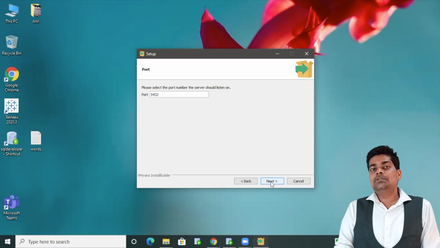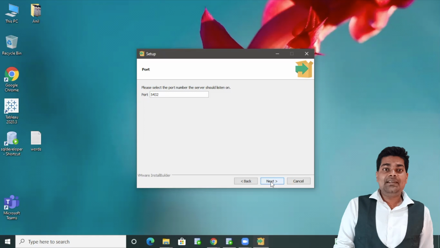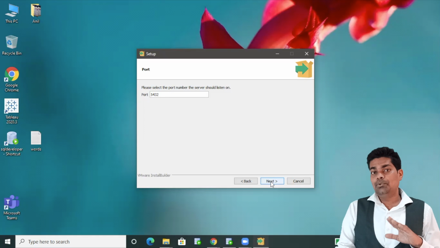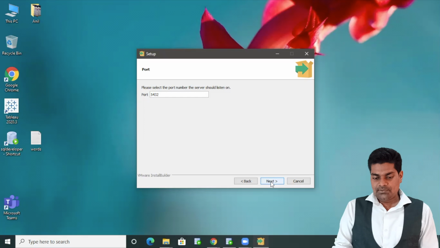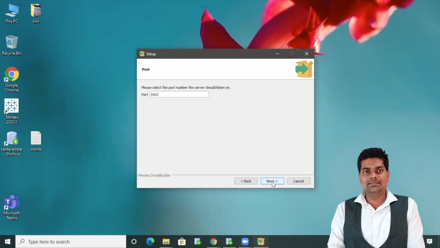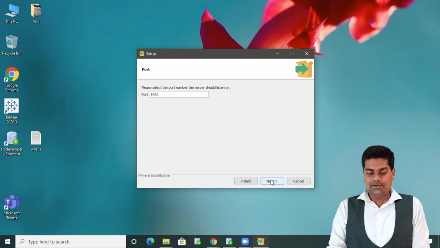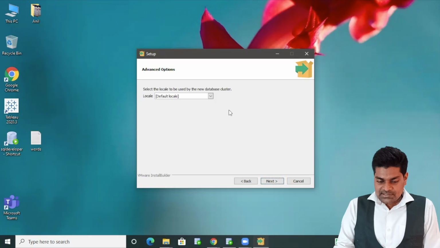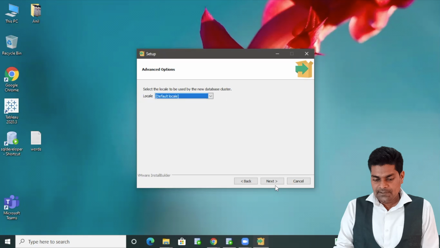For MS SQL Server, a different port number. Vertica database, MongoDB, PostgreSQL: for each and every database, there is a standard port number. So let's click on next. PostgreSQL port number is 5432, a standard port. Then click on next. Now it's asking for location, so let's give the default locale.